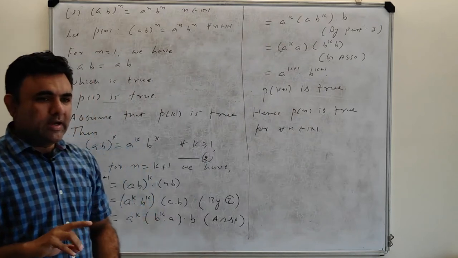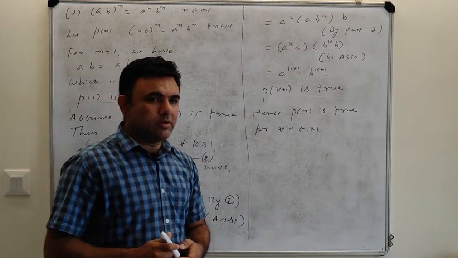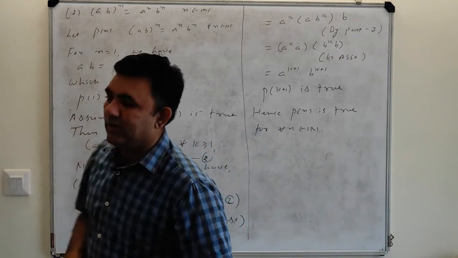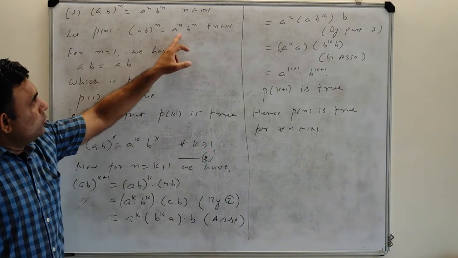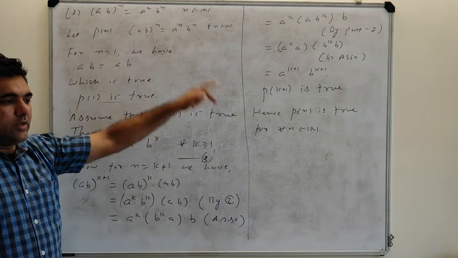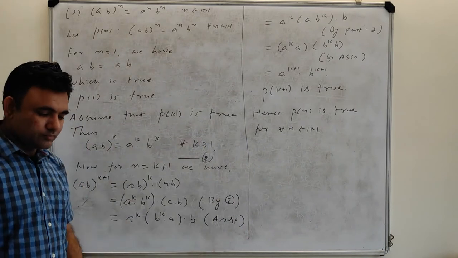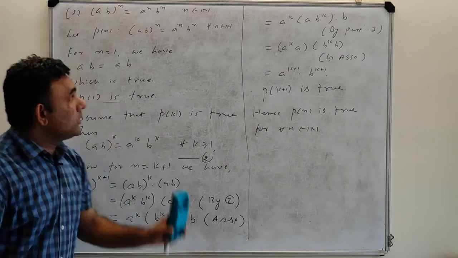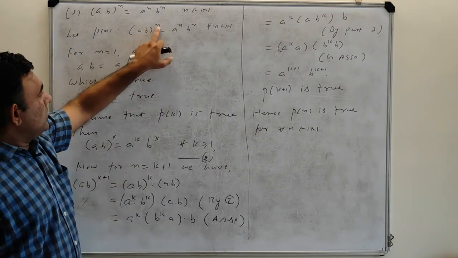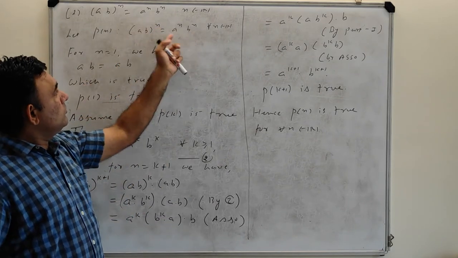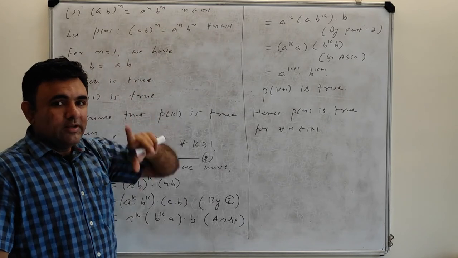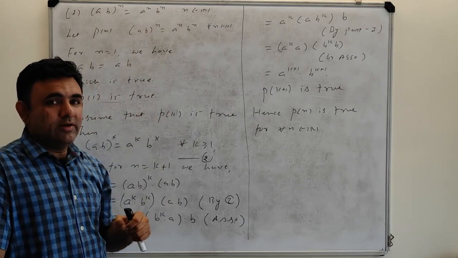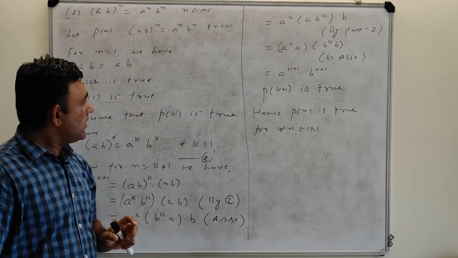So if A and B commute, then you can distribute the nth power AB raised to n to individual elements. You can always distribute these two powers. Otherwise, in general, you cannot distribute the n power to both the elements separately except for n equal to 1. Suppose AB is squared, then it is not A square B square if AB is not equal to BA.